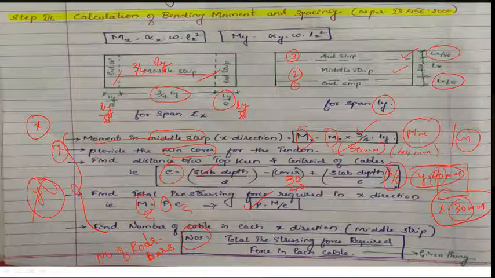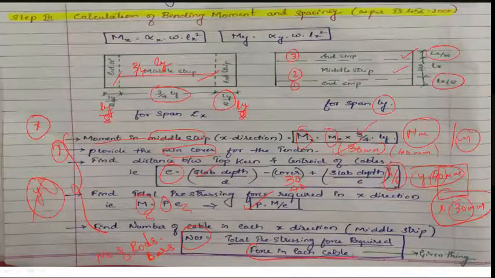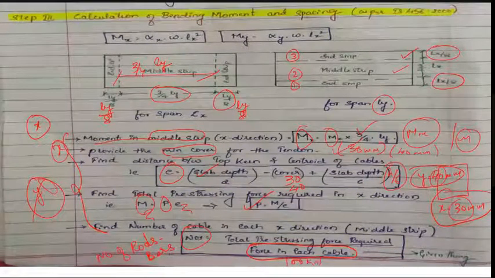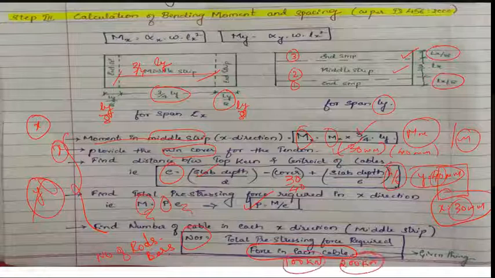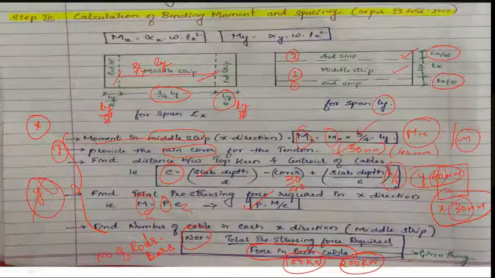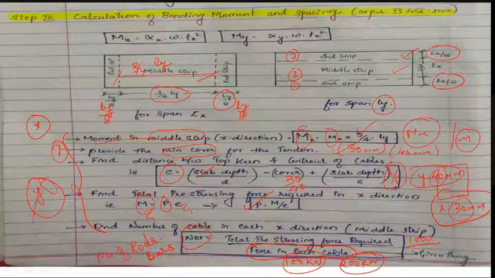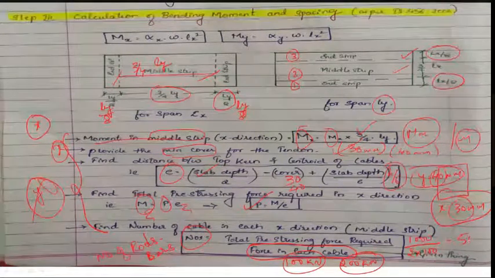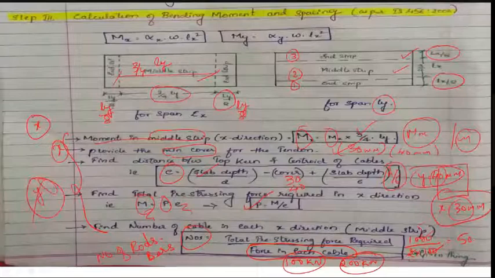But the only thing is that in each bar, what is the force it is carrying, whether it is carrying 100 kilonewton, 200 kilonewton, whatever it may be, he will mention. Okay, pre-stressing force, suppose it is 1000 divided by, there are two rods each carrying 100, means it will be 5, it will be 5 number of cables, like that.